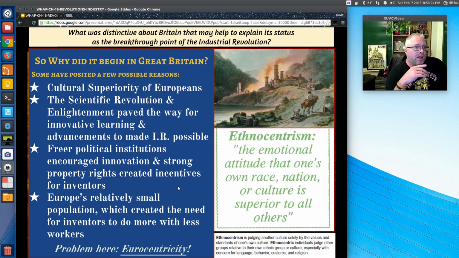But are Europeans culturally superior to the rest of the world? You know, no, not in any way. I mean, we've studied that all year long. We know that they're kind of the backwater of the world. Maybe they're sparking to life here, and maybe it's driven by caffeine and tea and coffee and those kinds of